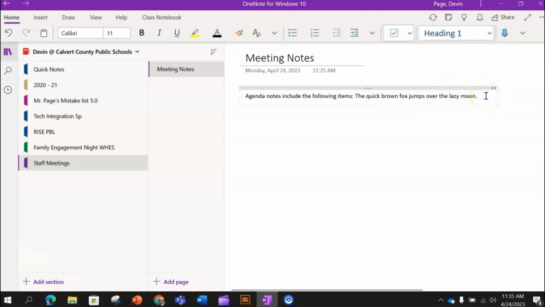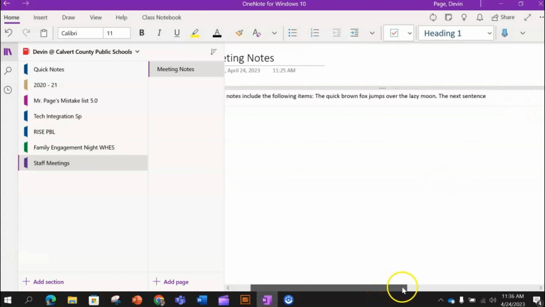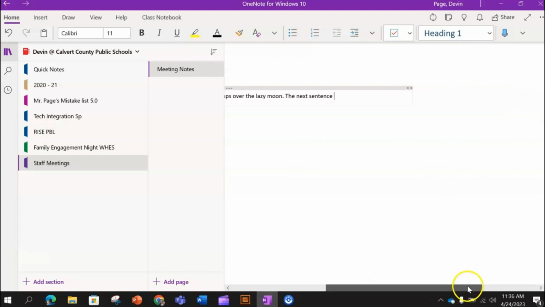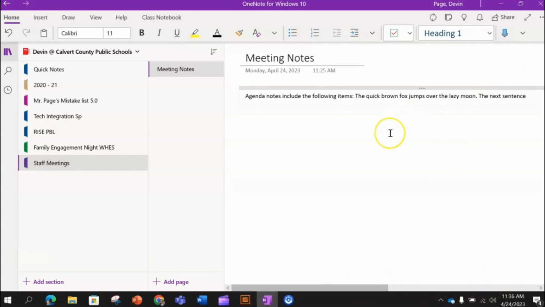Now what happens is if you keep typing, it'll go down to wherever you made the text box as wide or narrow as you want. You can even widen it beyond the page, and now you'll notice I have gone beyond the typical width of the page. The page width is about the size of the screen you can see here, but now that I've gone beyond the page width, I have the ability to scroll over to the right, and there could be content anywhere on that page, even what's not showing on the screen when you were originally looking at your OneNote notebook.